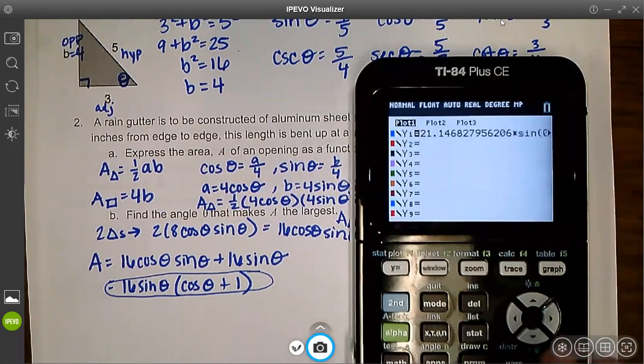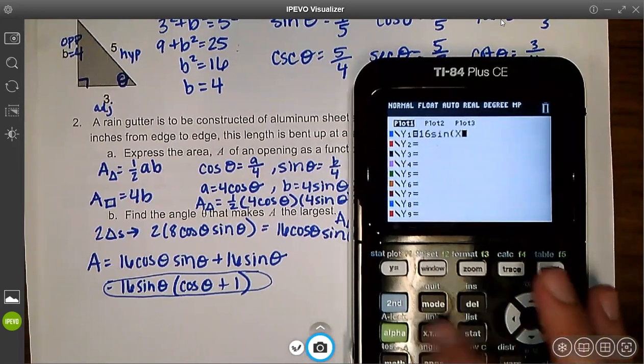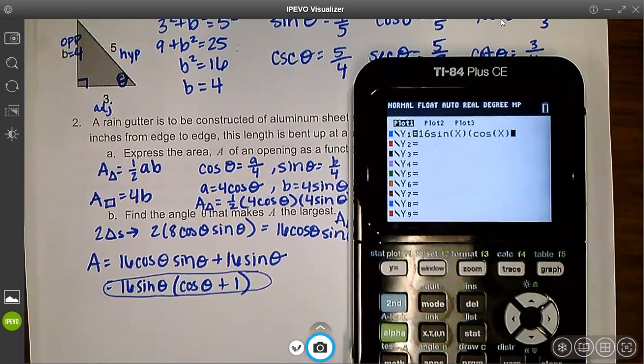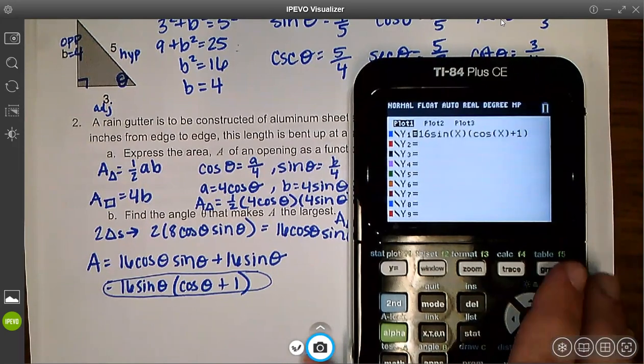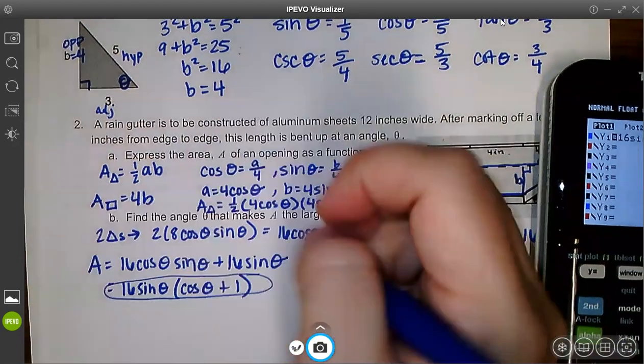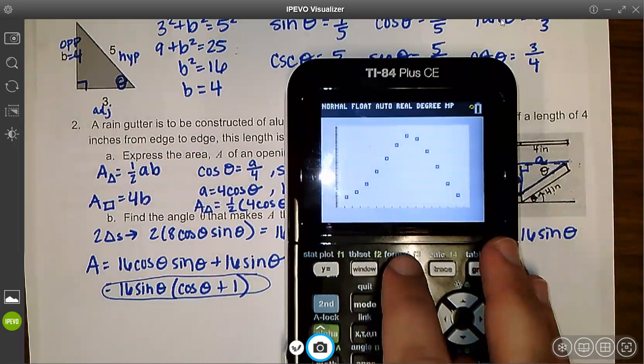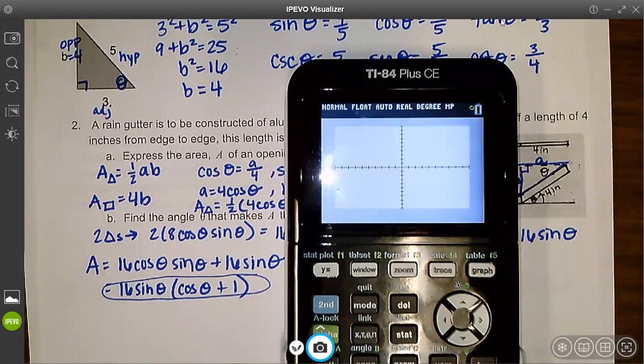I'm going to graph this. 16 sine of theta times the cosine of theta. Oh, I need to open up that part. Plus 1. I'm going to adjust my window here. Look at my graph. Okay, so here's my graph. And this is kind of hard to see. It looks linear, but I'm going to adjust my window